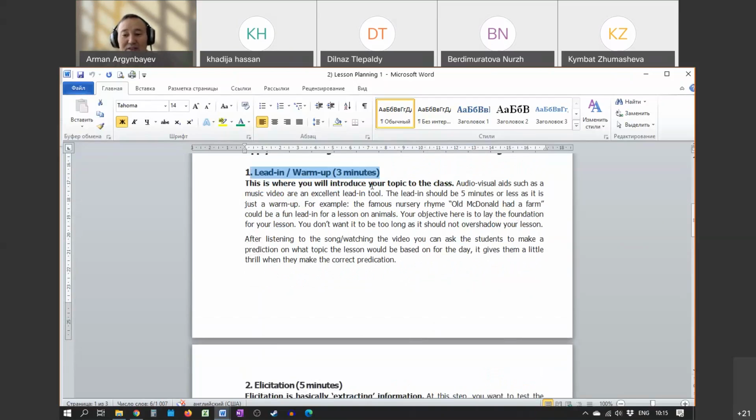So here we have an example of when a teacher teaches animals, and they play a song. Old MacDonald had a farm, E-I-E-I-O. So what is this? Your objective here is to lay the foundation for your lesson. You don't want to be too long. After listening to the song, you can